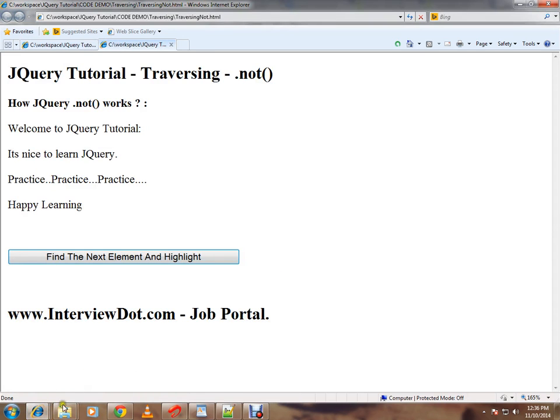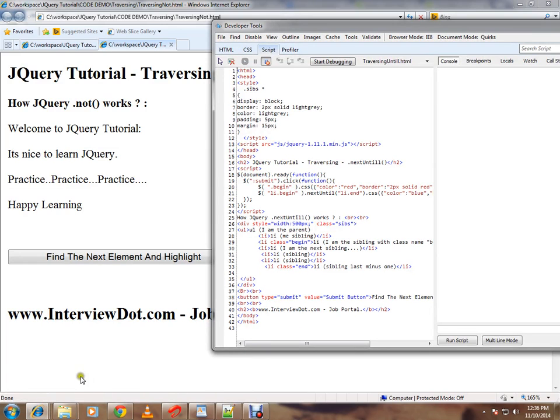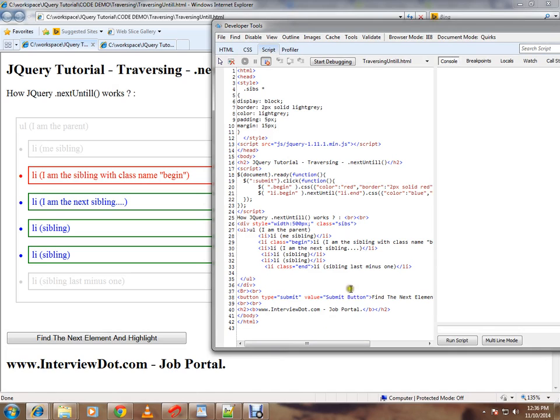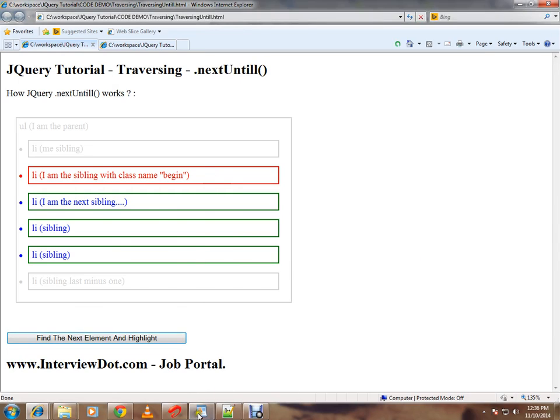Let me show you the code. Here we have the begin, and these three elements we want to select, and this is the class end. This is how you can use the